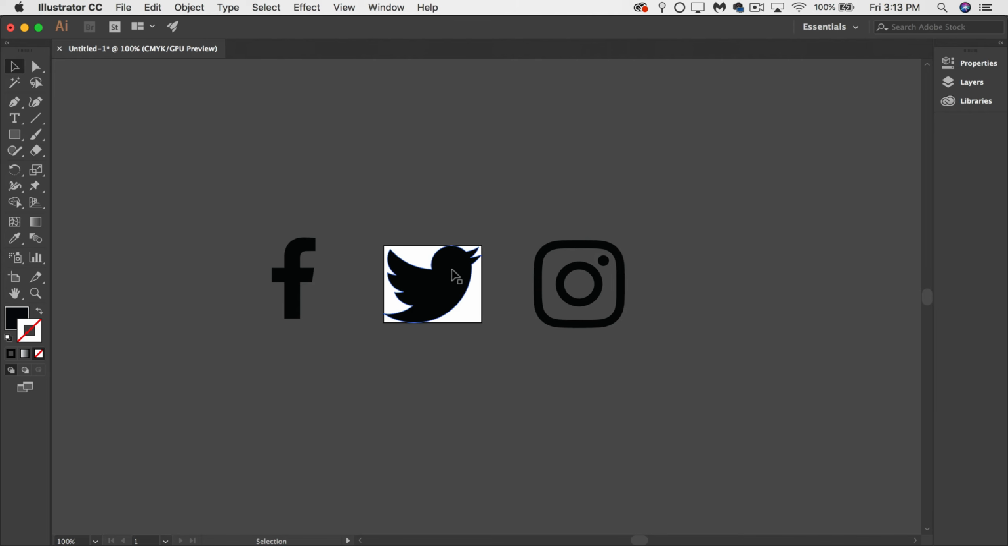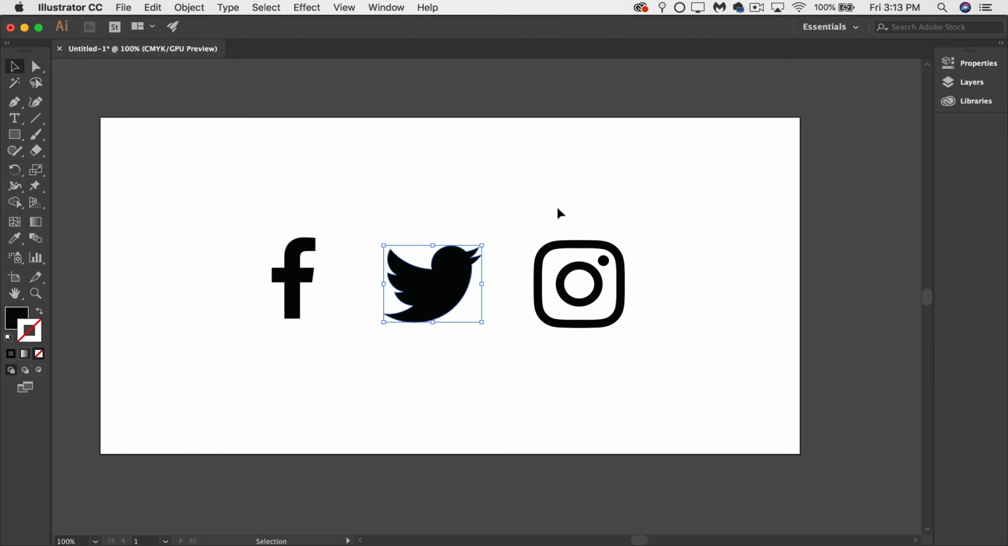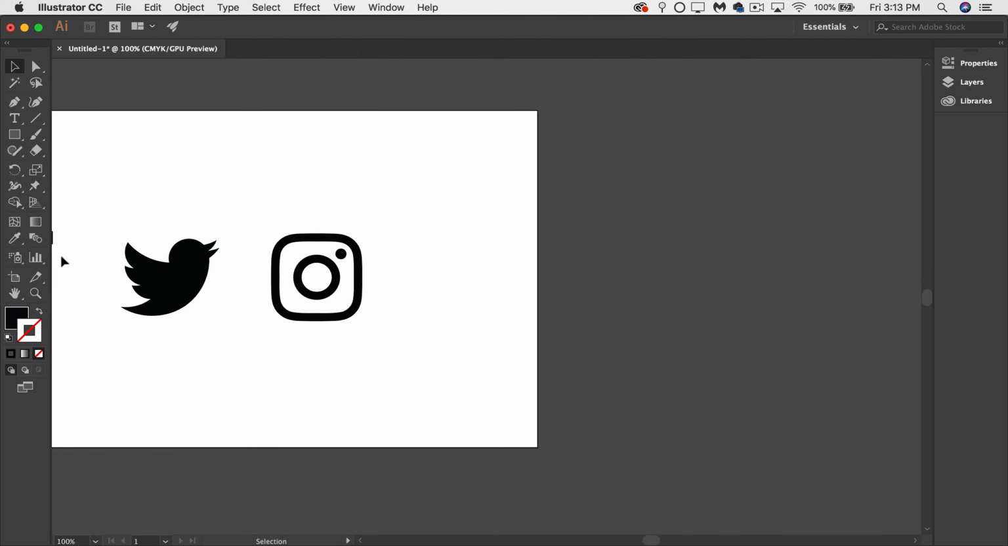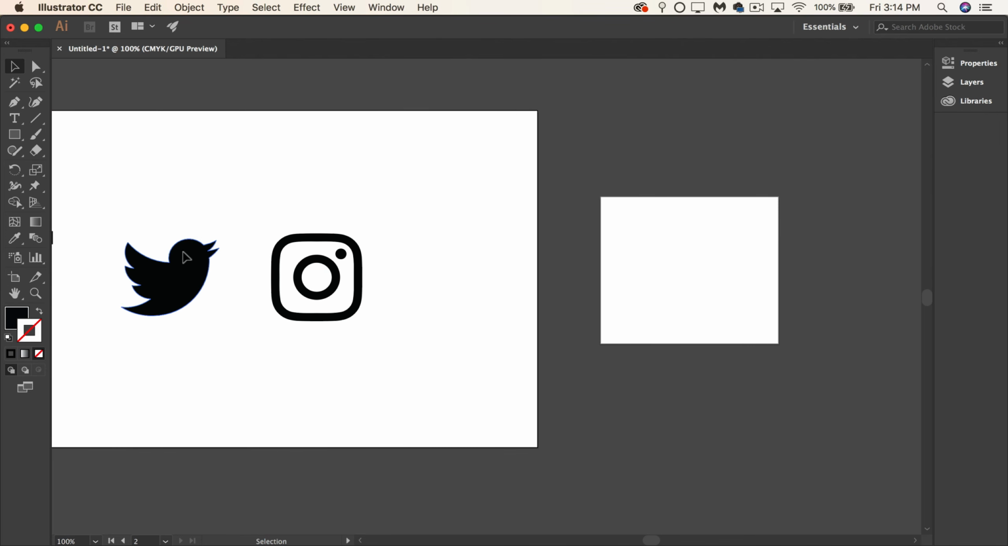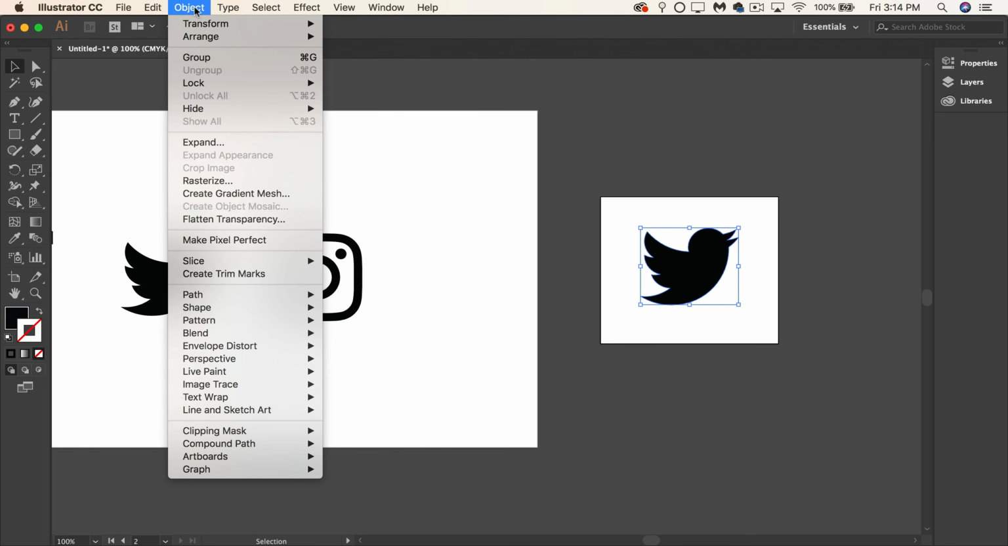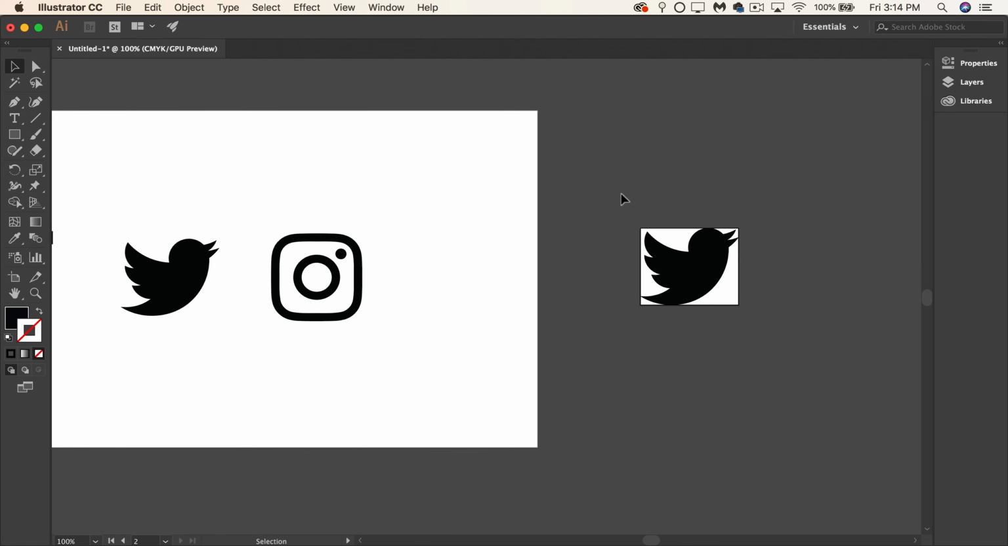Now I got lucky here because my graphic that I want to export actually has space around it, but we can do the same thing if we wanted to make a separate artboard over here. Grab our artboard tool, drag one out, copy and paste the illustration that we want to export, make sure and reselect it, go up to Object, Artboards, Fit to Selected Art, and you can go through the export process from